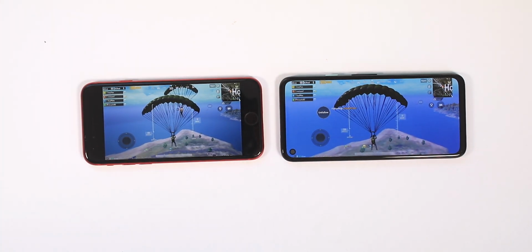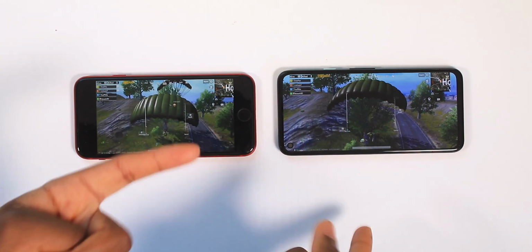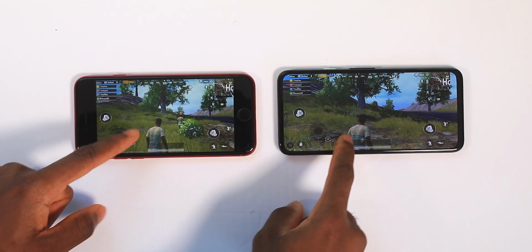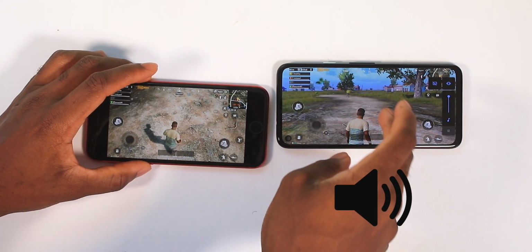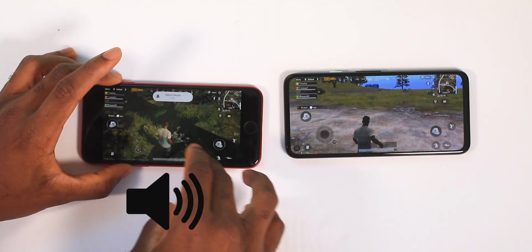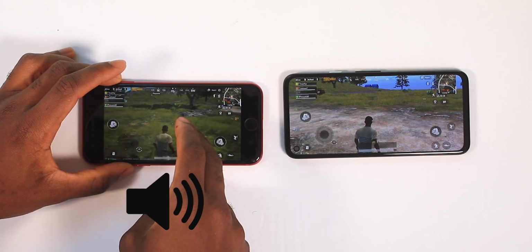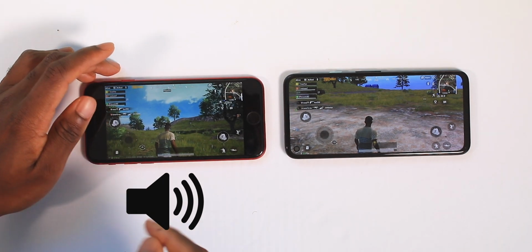Let that sink in. I just realized both my players, we're in the same game right now. Just realized that. I'm in the game twice on two devices. It's max volume. If I'm not mistaken, I think the Pixel is a lot louder than the